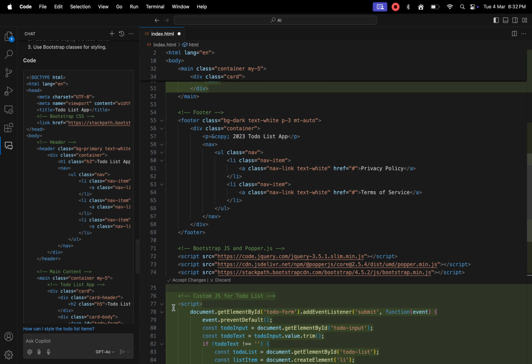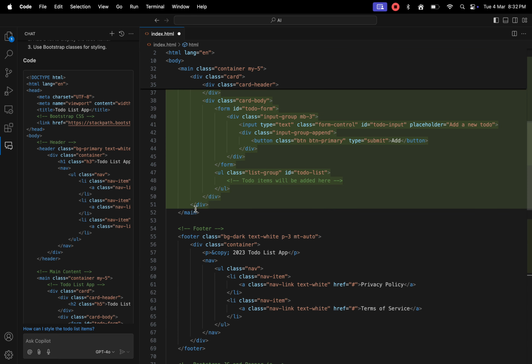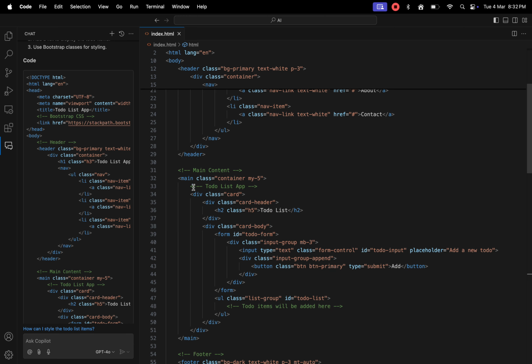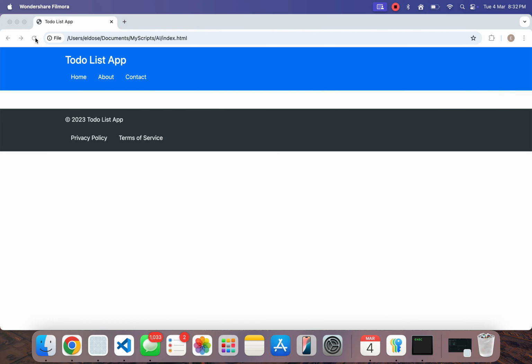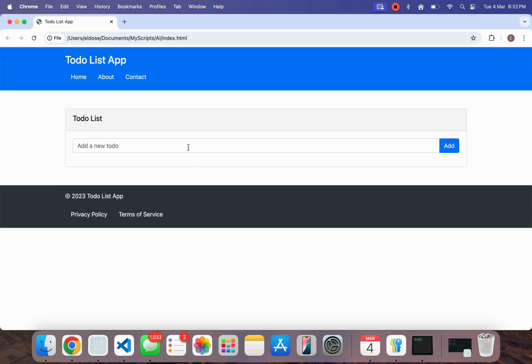Review and accept the changes in the editor. The to-do list application will be generated without writing any manual code. You can add tasks and test the functionality.